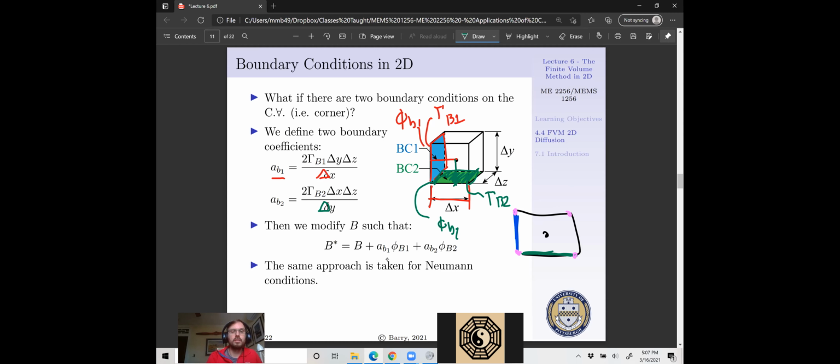So we can say right here, B star would be equal to B. You recall B had our linear contribution of our volumetric source term, i.e. the constant. This was SC delta X delta Y delta Z, plus AB1 phi B1 plus AB2 phi B2. What's super awesome about this is you can simultaneously consider 2 boundary conditions acting on different sides of a cell. The finite difference method, although it's very robust, and I love it because you can do super high order schemes really easily,